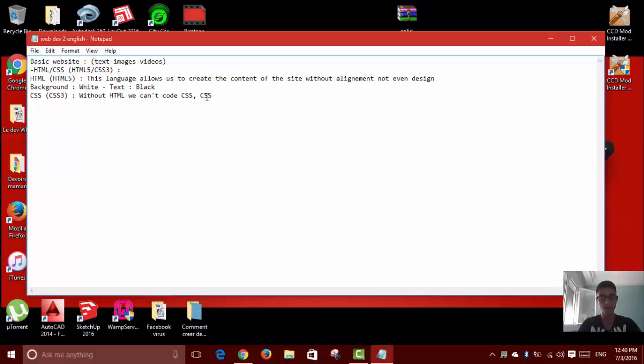We can code CSS. So CSS creates the design for our website. Right. So now you're gonna move to a website which is a little bit advanced. You're gonna need to learn 3 more languages to do this kind of website. Let's say advanced website. So advanced website will contain HTML, CSS, PHP, JavaScript, which is known by JS,